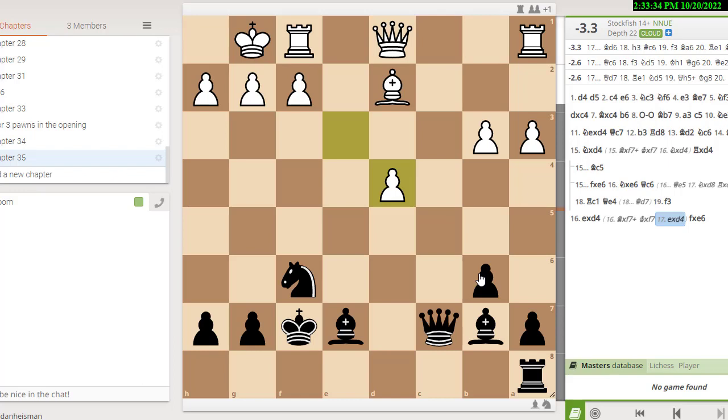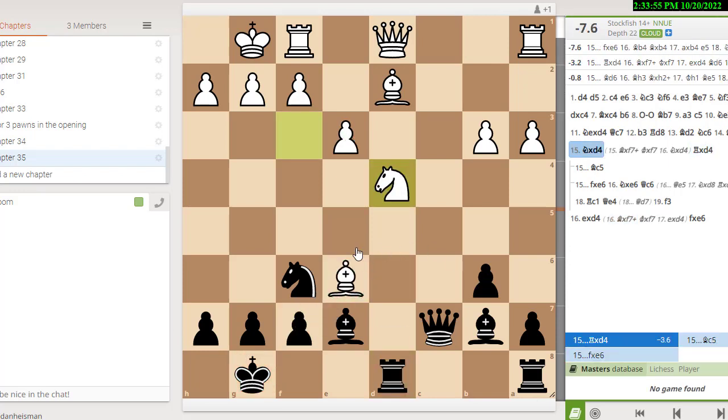So black's just killing white here because his pieces are so active and so strong, and those extra pawns are not going to get rolling in the endgame anytime soon. In fact, we're never going to get to an endgame where those pawns will come rolling down the board because the middle game is all for black here. All right, let's go back.